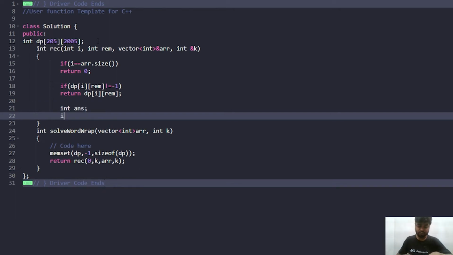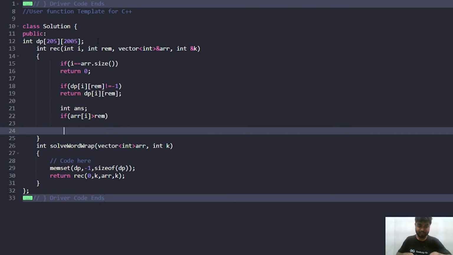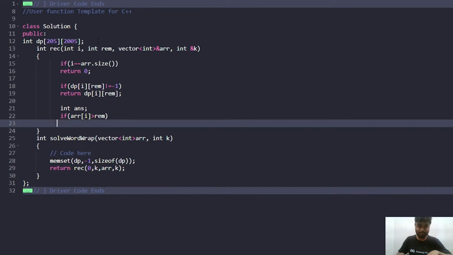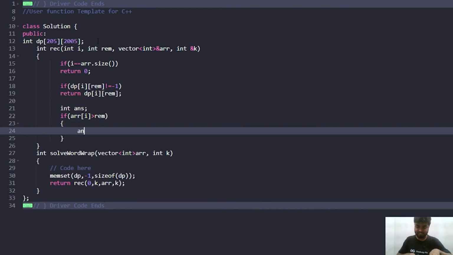And what are the two scenarios in front of me? The first scenario is that the length of the ith word is greater than the number of remaining spaces that I have in the current line. In that case, I'll be required to move to the next line, so answer is equal to recursion of i plus 1. I'll have to bear the cost as well. The cost that I have to bear is (remaining plus 1) into (remaining plus 1), plus I'll pass the recursion for i plus 1,